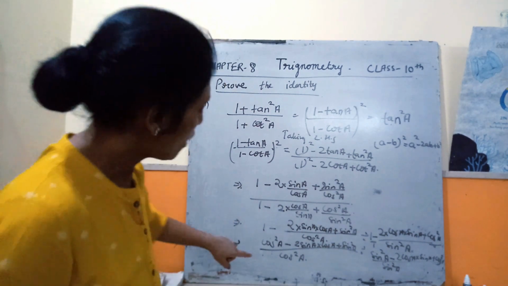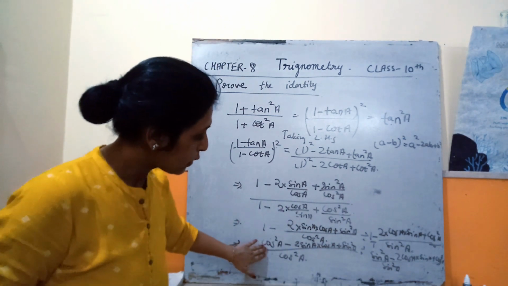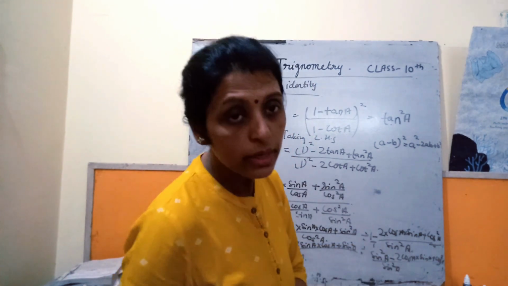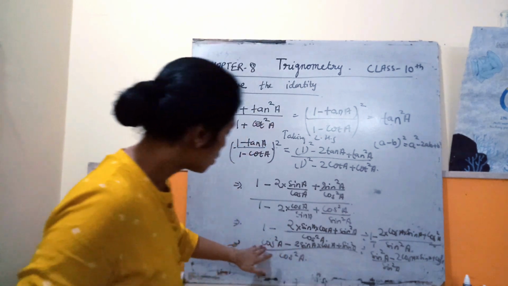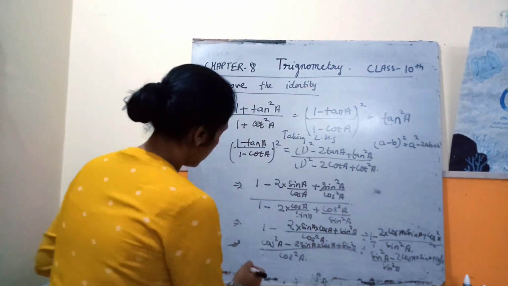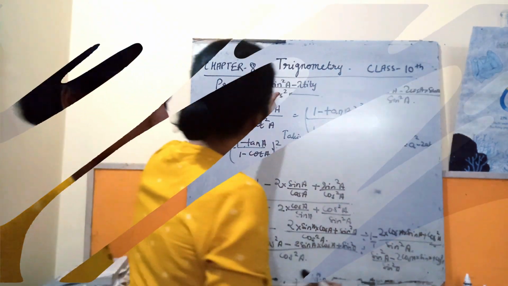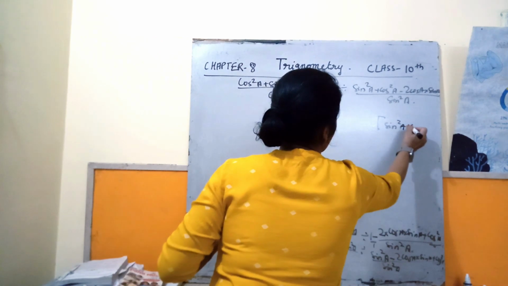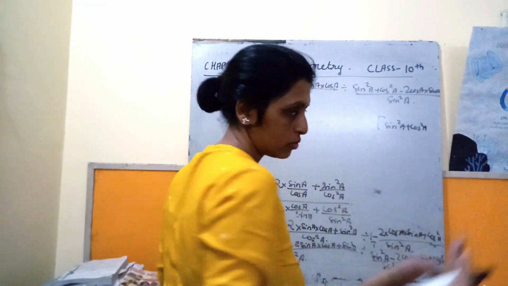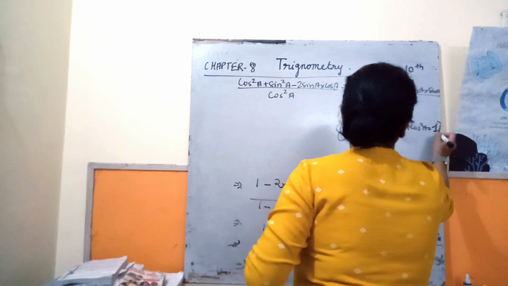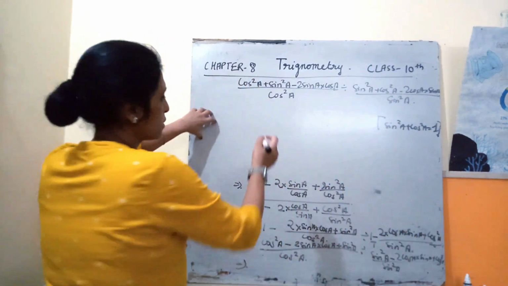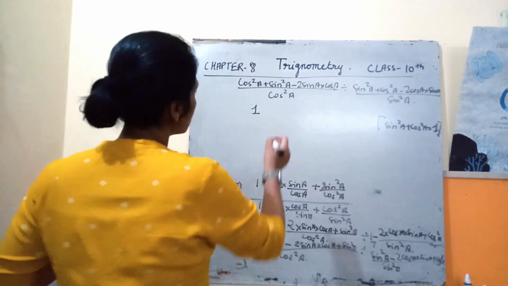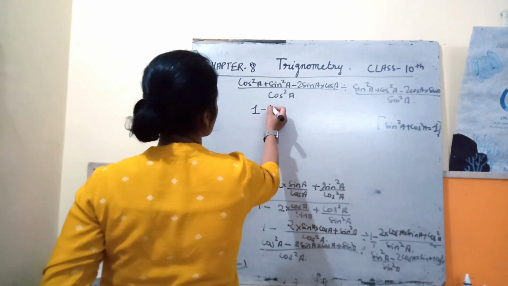Okay, now we have to use cos square A plus sin square A. We have one identity that sin square A plus cos square A is equal to 1. So cos square A plus sin square A is also equal to 1. Okay, so in place of cos square A plus sin square A, we can write 1. Okay, 1. Now minus 2